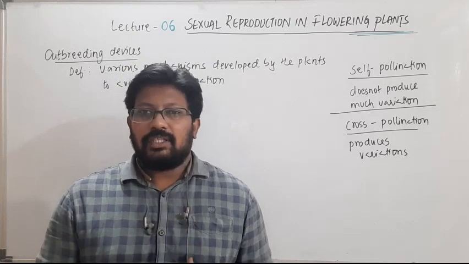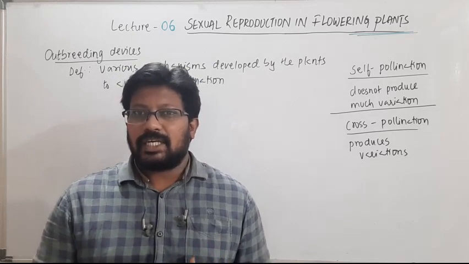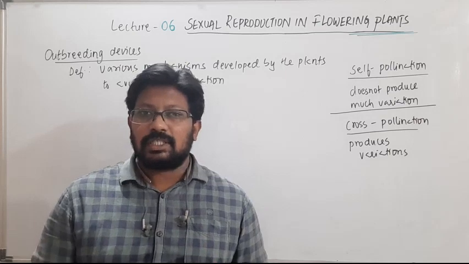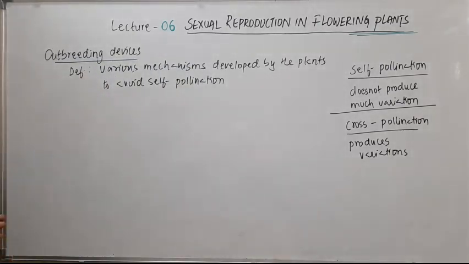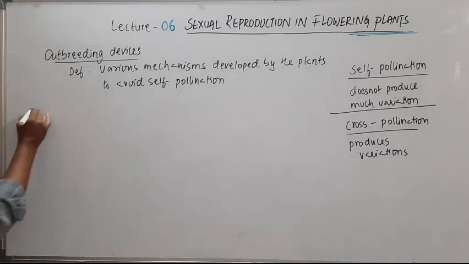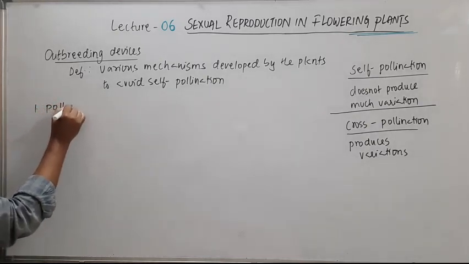So they like to avoid this, and they develop certain mechanisms which I am going to discuss shortly, right? Now let's see what are all those outbreeding devices developed by the plants to avoid self-pollination. So the first one is the pollen release